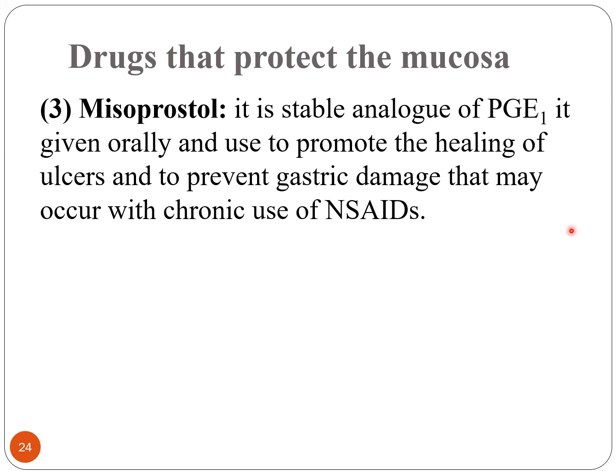The third drug that protects the gastric mucosa is misoprostol, and we saw previously that misoprostol is a stable analog of prostaglandin E1. It is given orally and used to promote the healing of the ulcer and to prevent the gastric damage that may occur with chronic use of the non-steroidal anti-inflammatory drugs, as we mentioned,